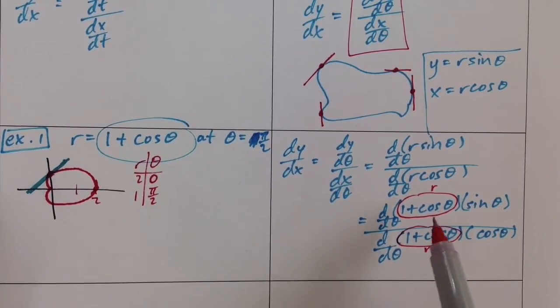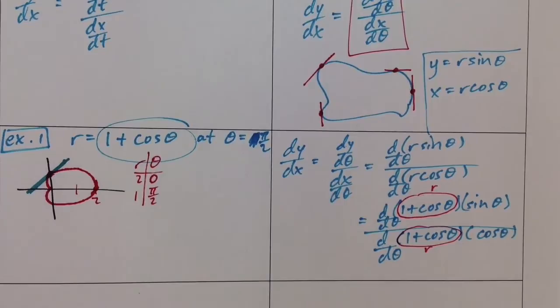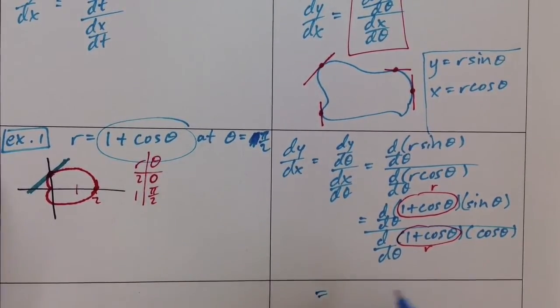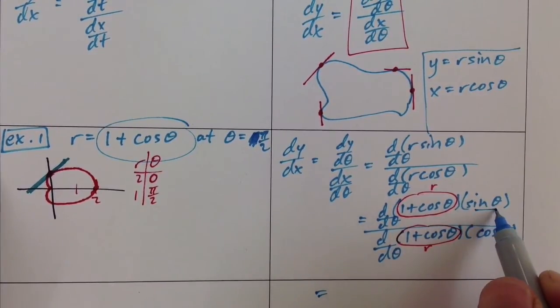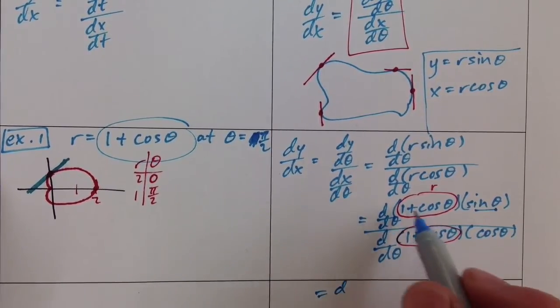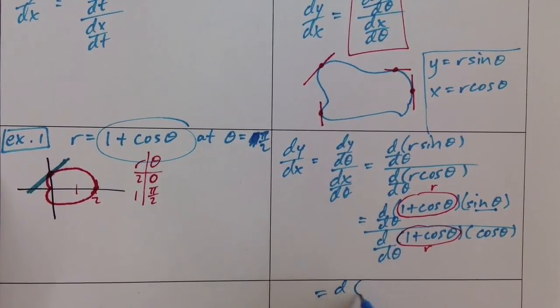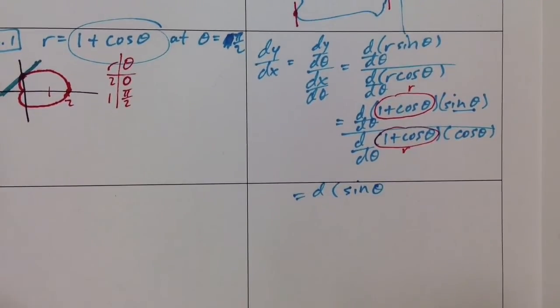So now we have everything in terms of theta, and we don't necessarily want to use the product rule here. So this is going to take a while. That's why I got a few boxes down here. We're going to distribute the sine of theta to both of these terms. So we're going to rewrite what we're taking the derivative of in a way that makes it easier to actually take the derivative. So yeah, this is the very first example, I realize that, but the concept